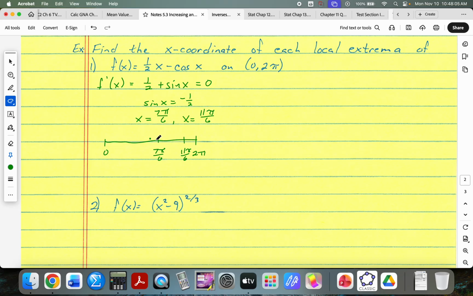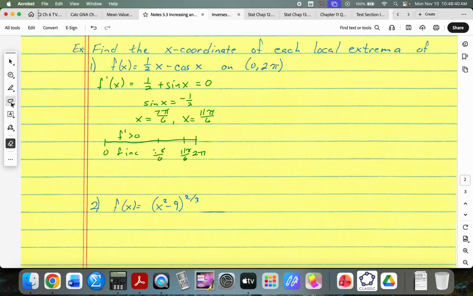If I pick anything between 0 and 7 pi over 6, pi seems like an easy thing to use. Sine of pi is 0, plus 1/2 is positive, so here f prime is positive, so f is increasing. Between 7 pi over 6 and 11 pi over 6,